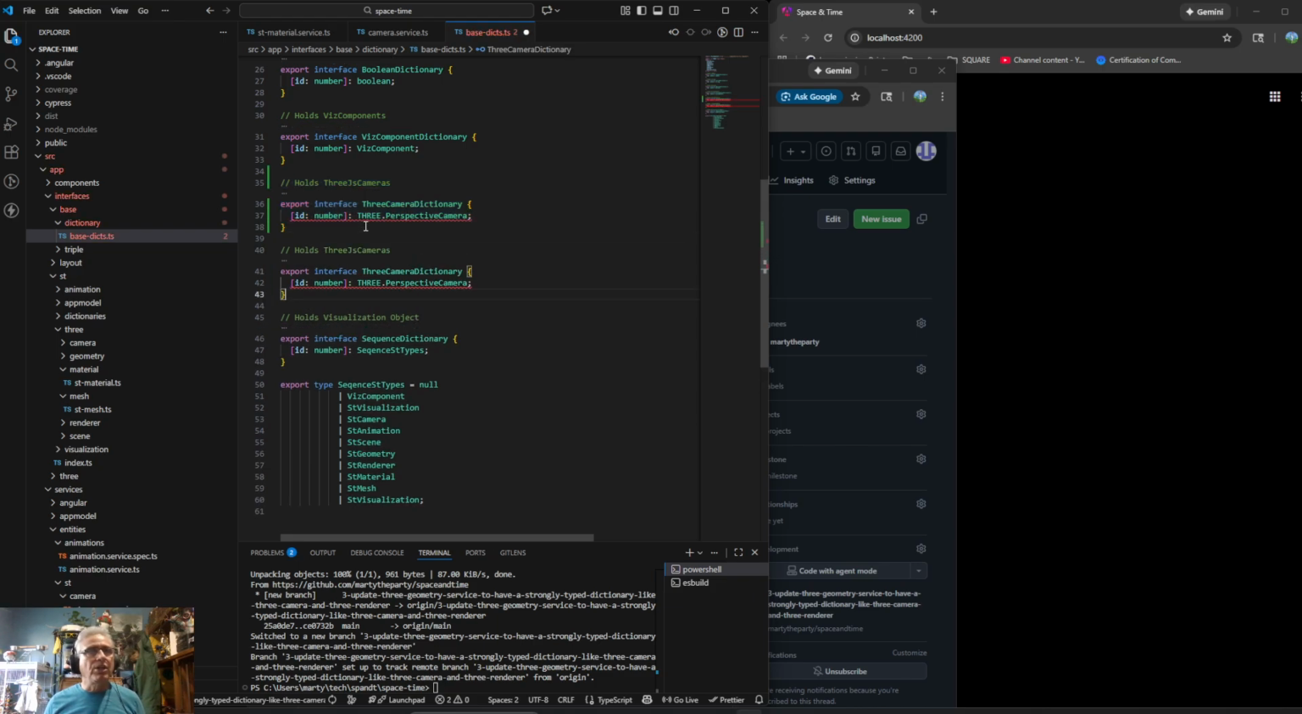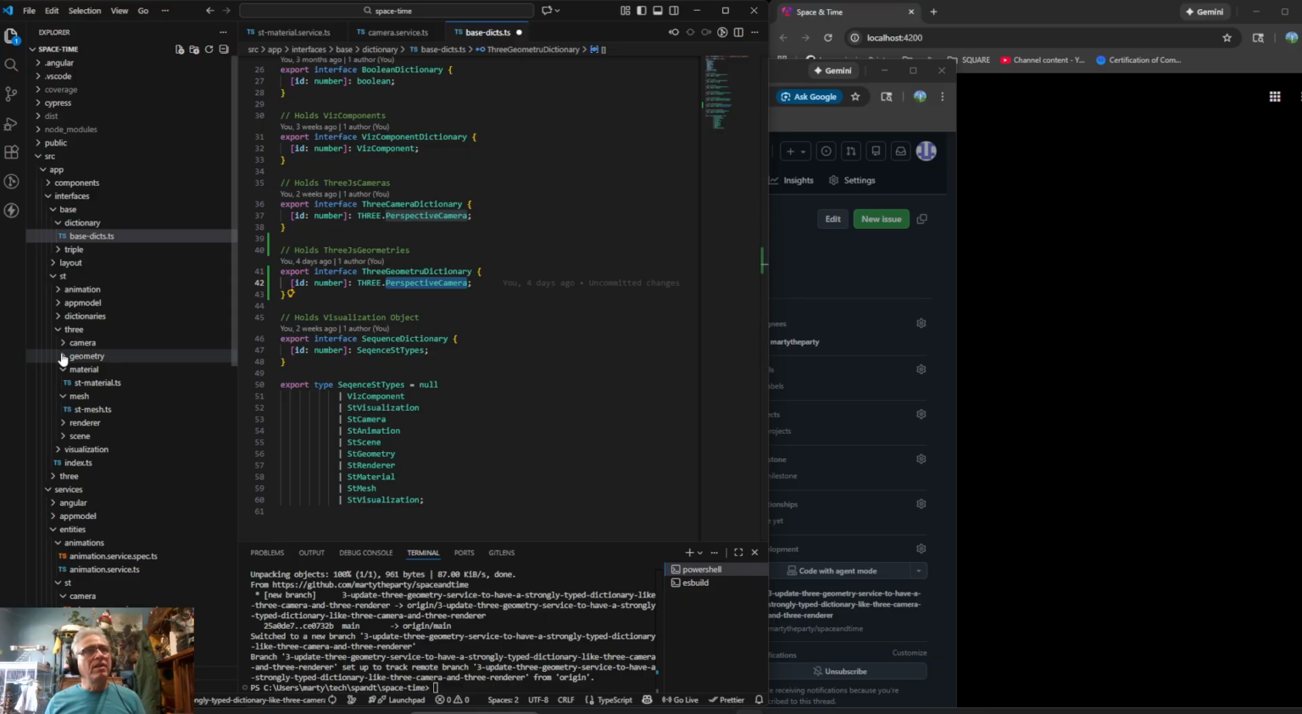We are working on geometry. So hold ThreeJS geometries and three geometry dictionary. And then it's a three. I think all we support is box geometries. I think if we do go to our geometry, our three camera,